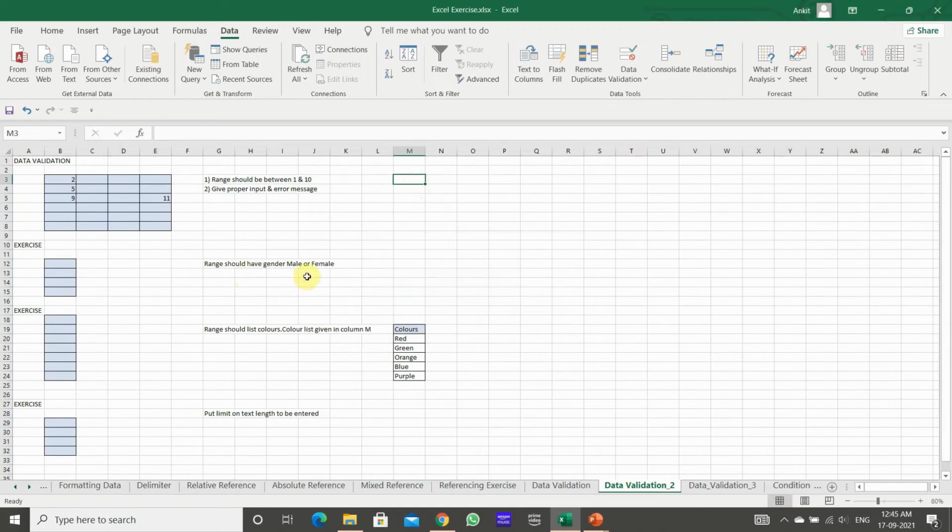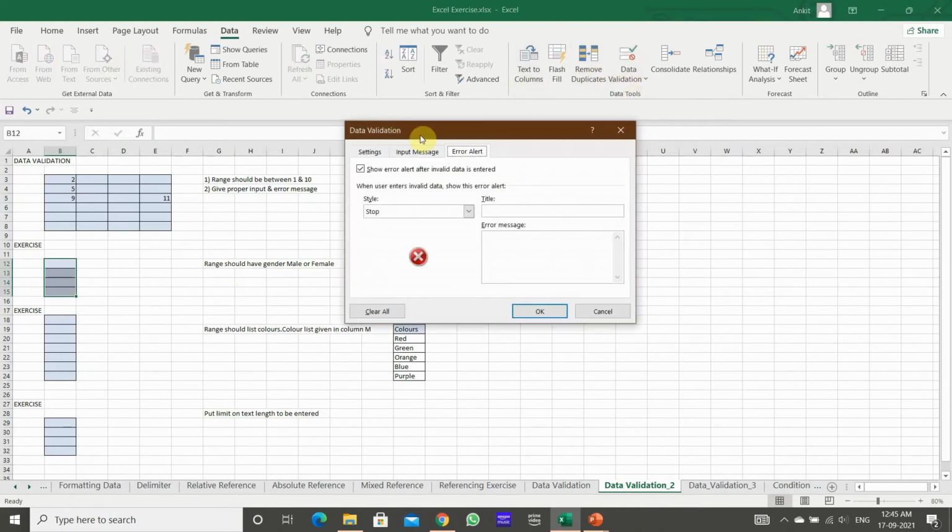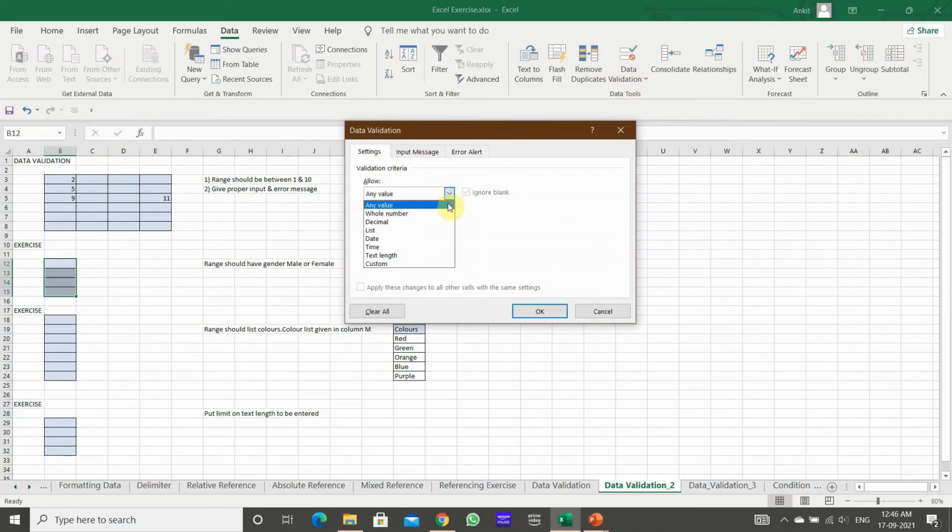The range should have gender of male or female. Okay, I will select this one, go to the data validation. I will select list, male and female.